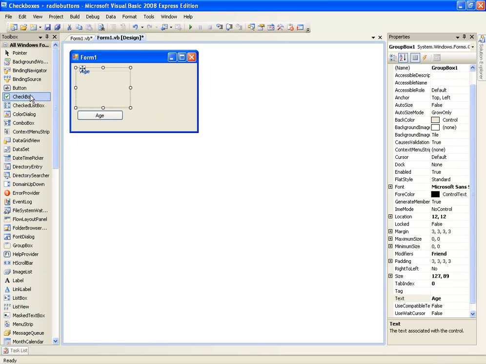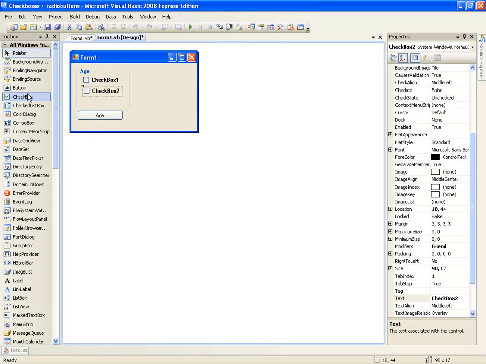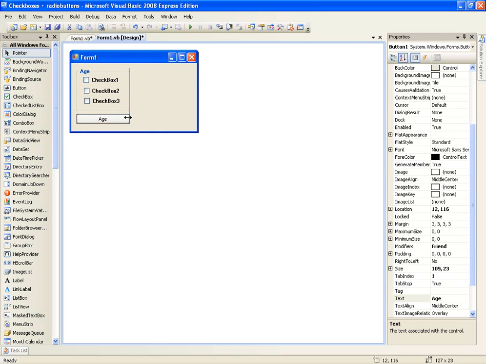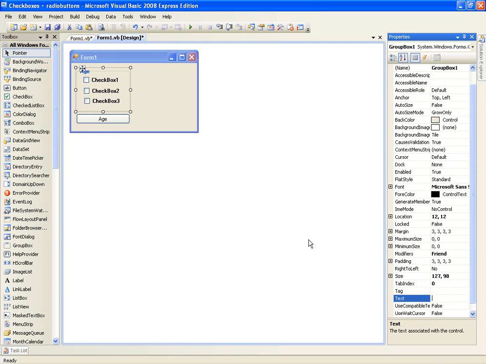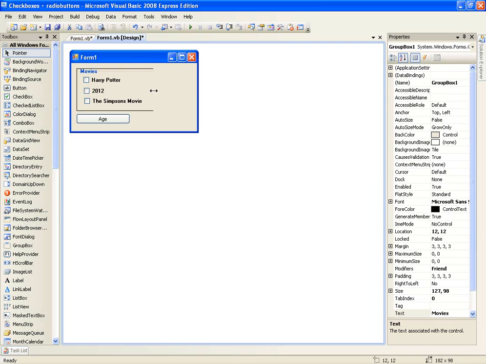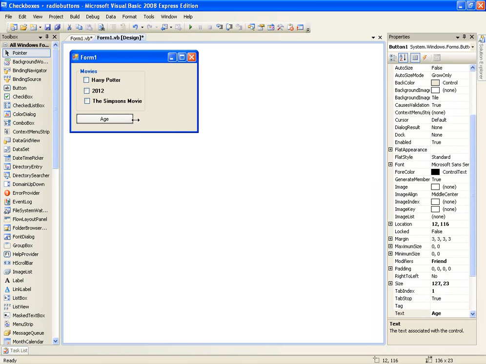So let's add checkboxes. We'll have 3 checkboxes. We're going to be asking the user what the favourite movie is. The first one we'll have Harry Potter. Second one we'll have 2012. Third one we'll have the Simpsons movie. And 3 should do. So there we go, and then we'll change the text in here to favourite movies,